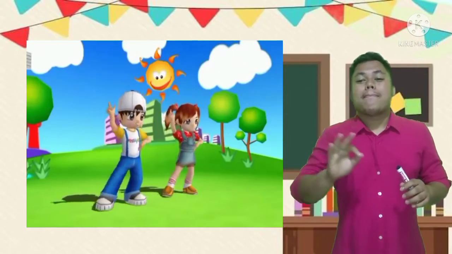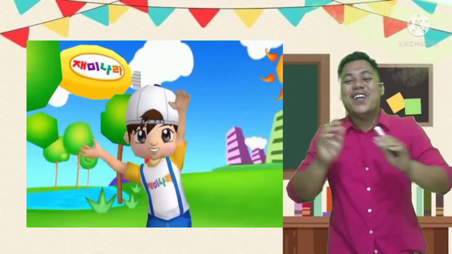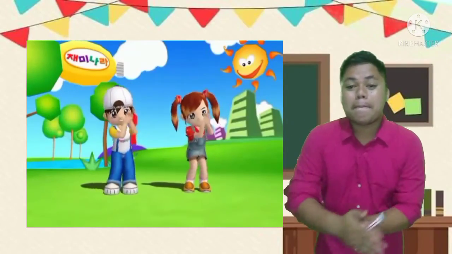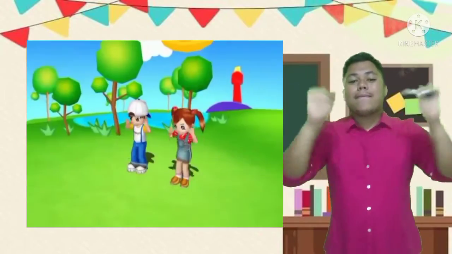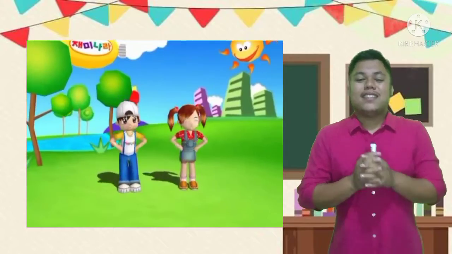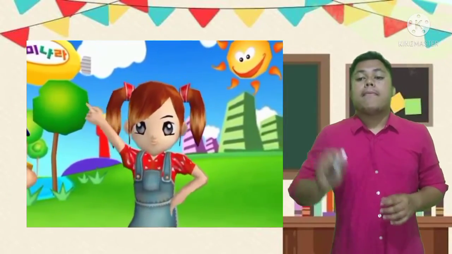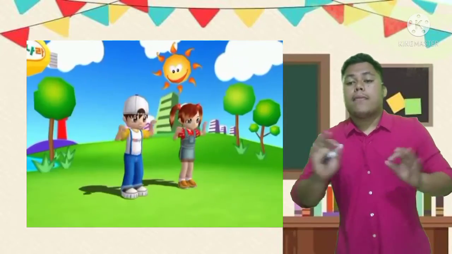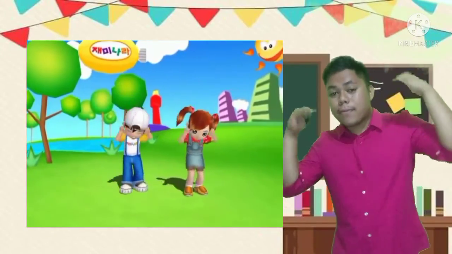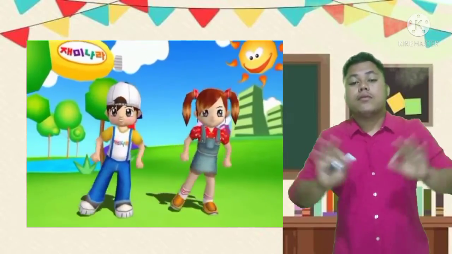개울가에 물고기 한 마리 꾸물꾸물 헤엄치다 앞다리가 쏙 앞다리가 쏙 팔딱팔딱 개구리 됐네 꾸물꾸물 꾸물꾸물 꾸물꾸물 올챙이가 다리가 쏙 앞다리가 쏙 팔딱팔딱 개구리 됐네 개울가에 올챙이 한 마리 꾸물꾸물 헤엄치다 앞다리가 쏙 앞다리가 쏙 팔딱팔딱 개구리 됐네 꾸물꾸물 꾸물꾸물 꾸물꾸물 올챙이가 뒷다리가 쏙 앞다리가 쏙